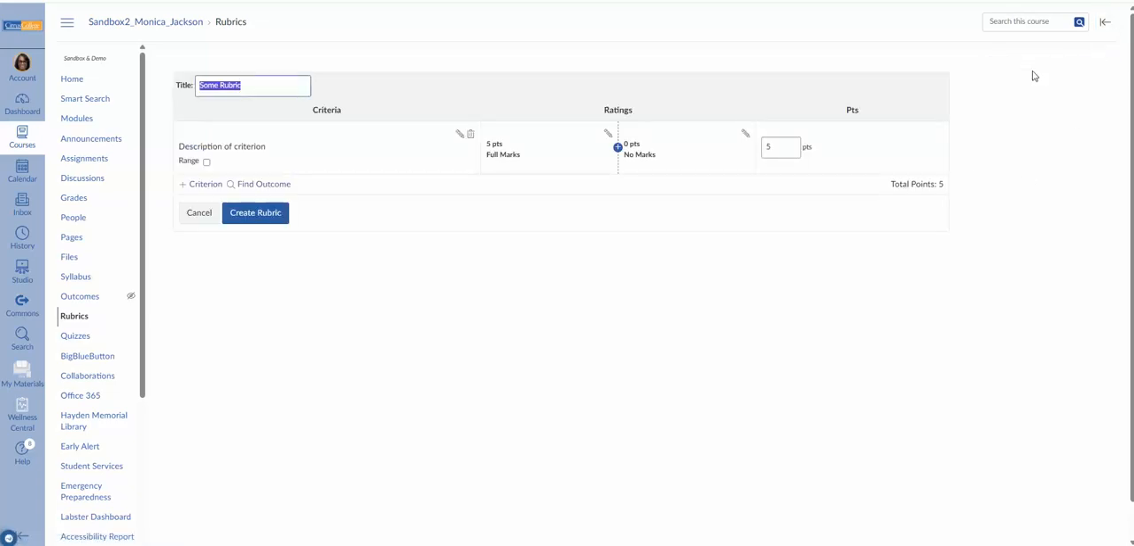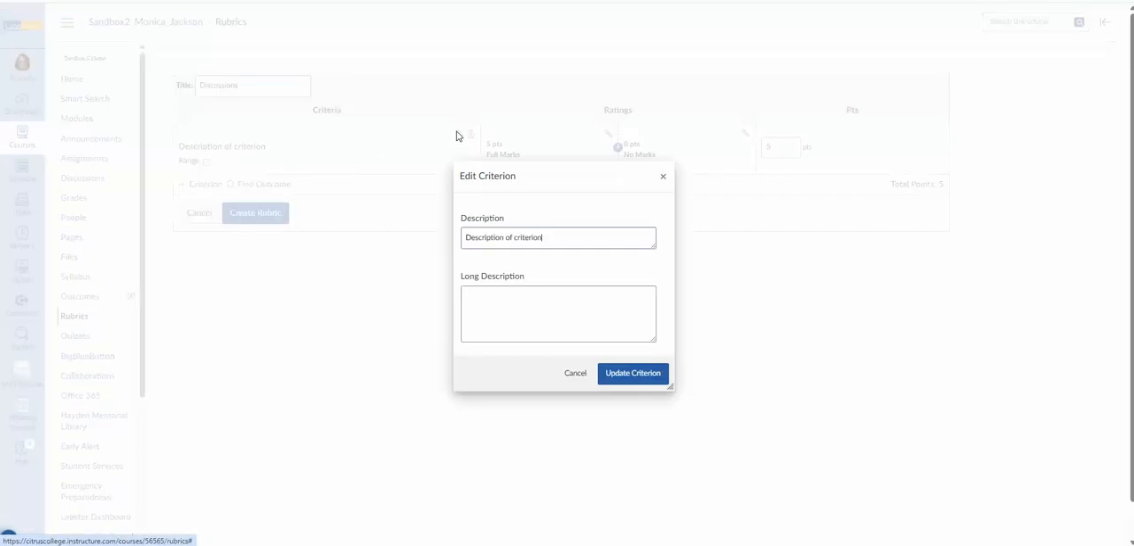To add a rubric, you will select the Add Rubric in the upper right. You will give the rubric a title. So you may just do one for discussions. And then you may have different descriptions for the criteria. So for instance, I may grade my discussions based on quality, and I would provide a description,